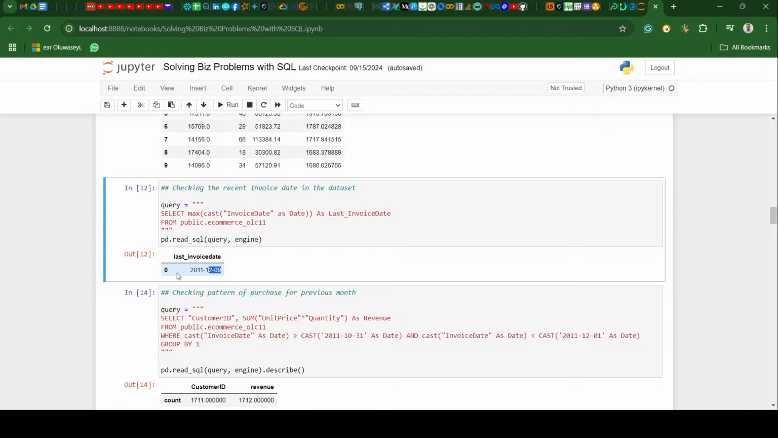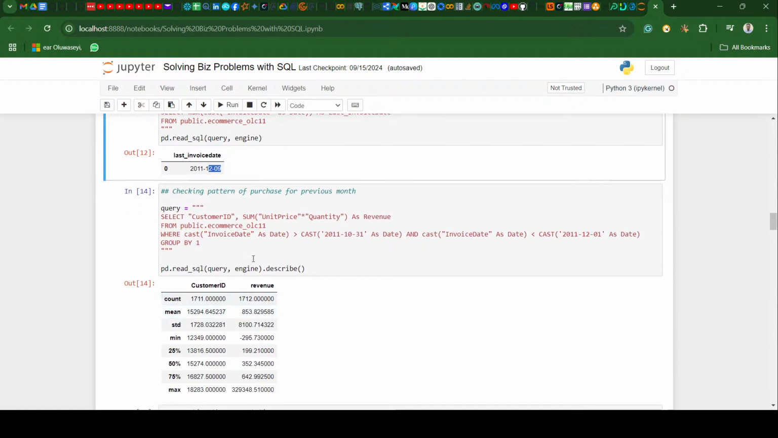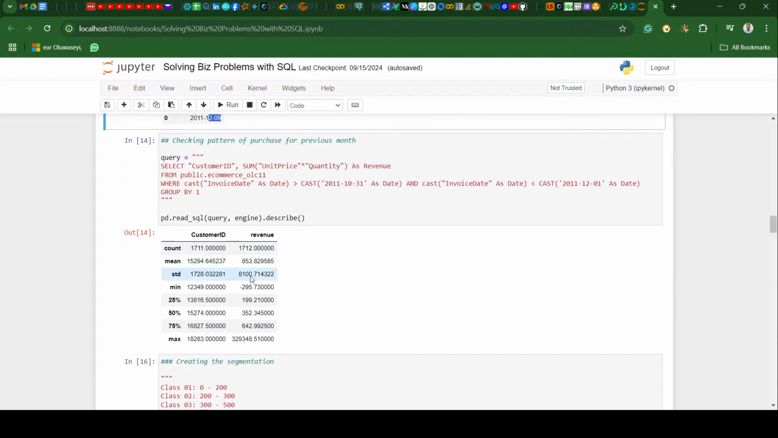So we want to now check the pattern of purchase for the previous month, right? So what we now did is to check for the month of November. So the month of November, we want to check the distribution of purchase. So for the month of November, we have this distribution, right? This is the revenue generated per customer for the month of November. I will now do the describe method on it and see,